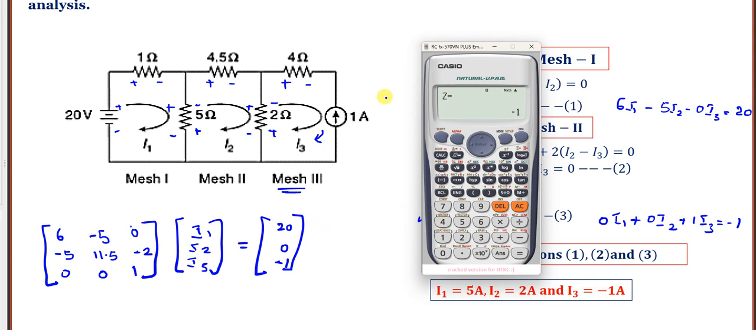So this is how to solve the problem. This is the second problem number